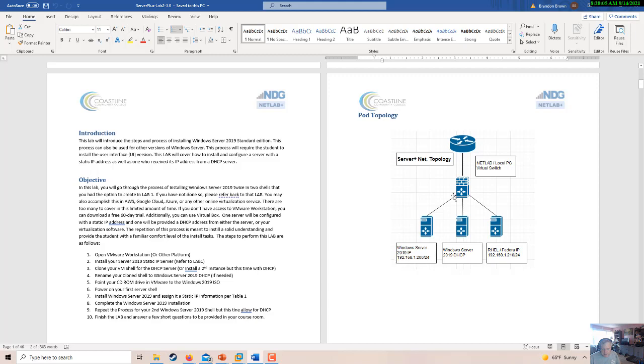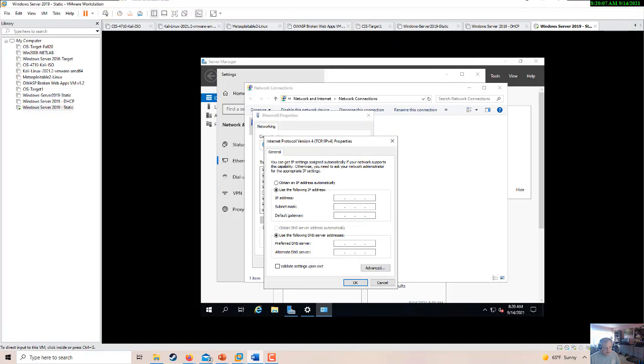So 192.168.1.200, subnet mask, yep, 255.255.255.0. The gateway, you can look this up in your network editor, or you can go to the DHCP server and do an ipconfig /all, but it should be